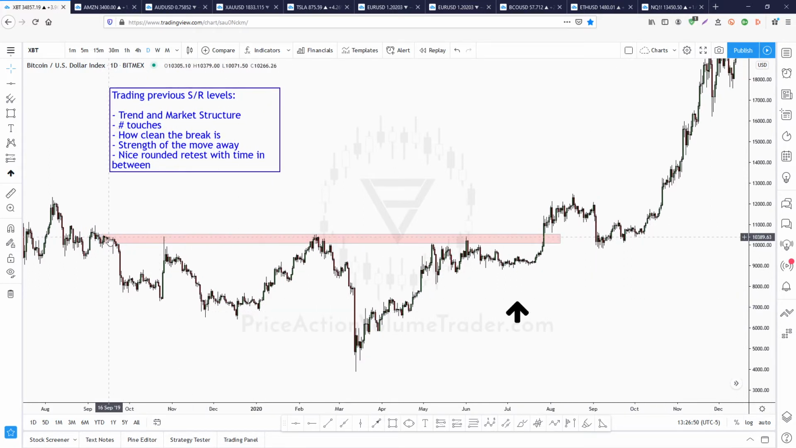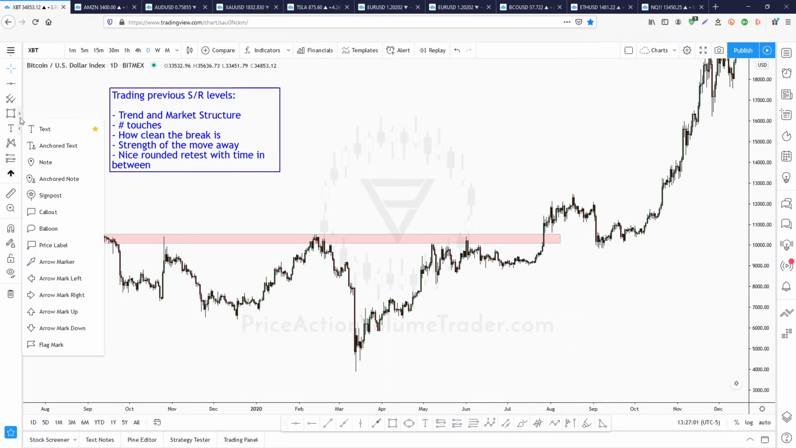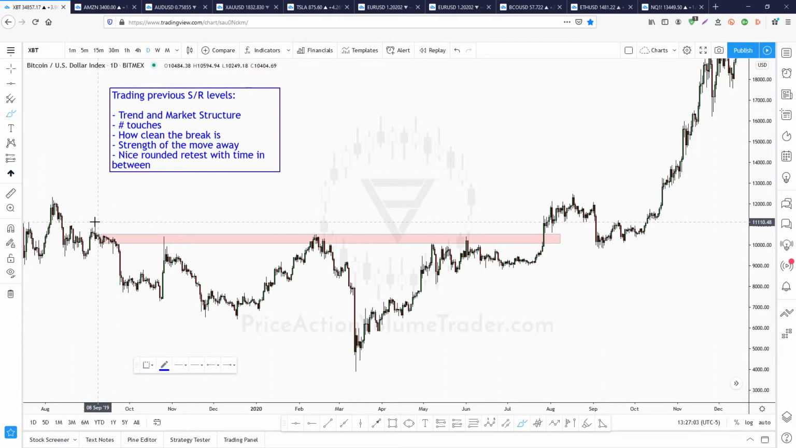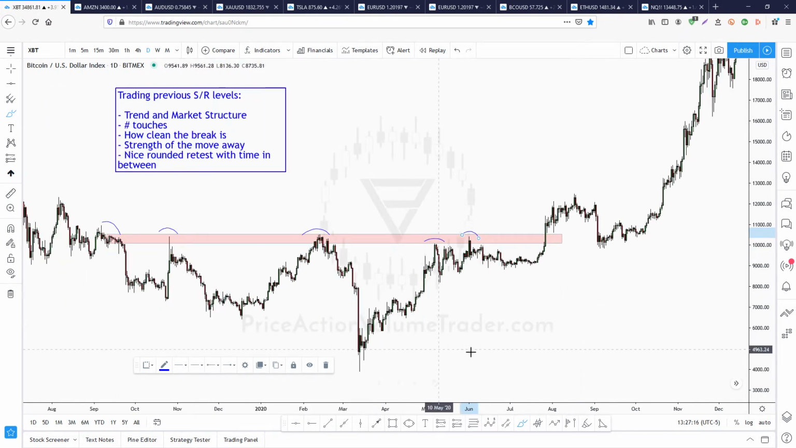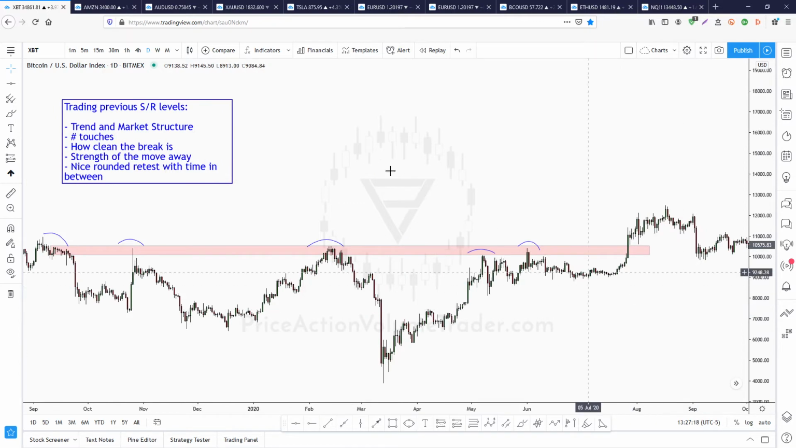So we have this level: resistance, resistance, resistance, resistance, resistance. This level has now been tested 5 times. Even more, if we count this whole area, we have 1, 2, 3, 4, 5 times this level has been resistance. Then we have right here, if you want, I can zoom in so we can see this